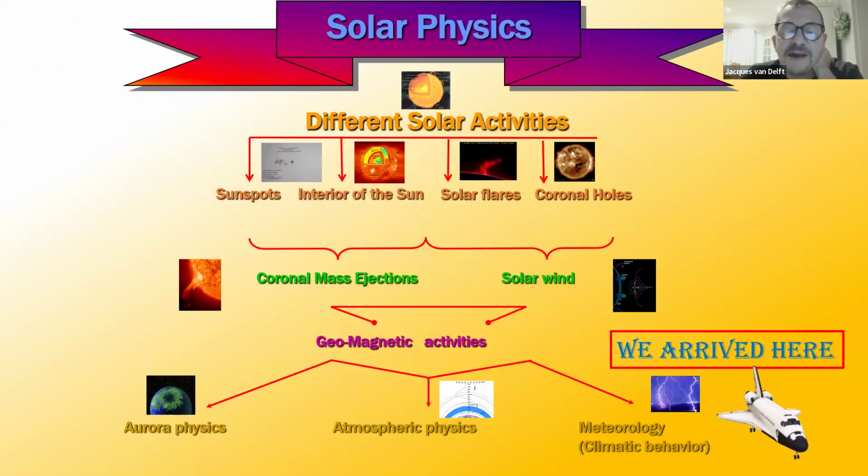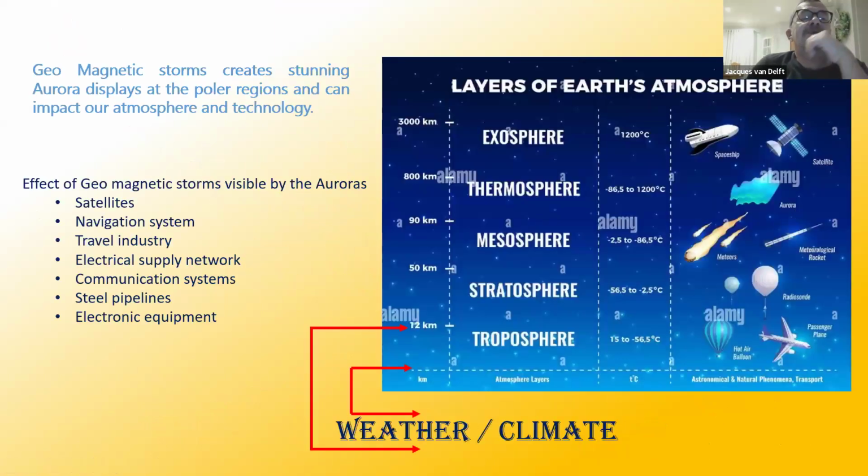So we are arriving at that part of my study. Let's have a look at the effect of those activities on our atmosphere. As you've seen, those geomagnetic storms create stunning aurora displays at the polar regions and can impact our atmosphere and technology. We know that satellites can be influenced by those auroras. Navigation systems can be negatively influenced. Even the travel industry needs to be very cautious when auroras take place, and reroute their routes. The electrical supply network